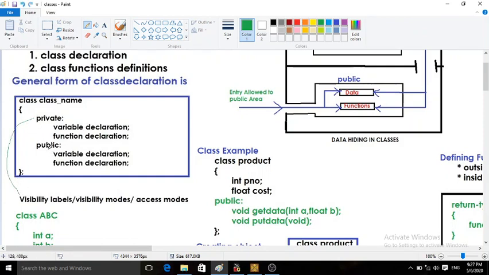So why is this essential? It specifies the scope for the data members and member functions of our class. What is a data member?